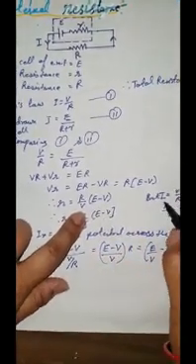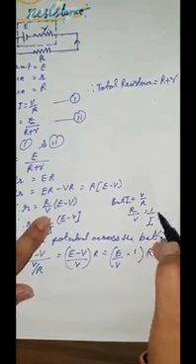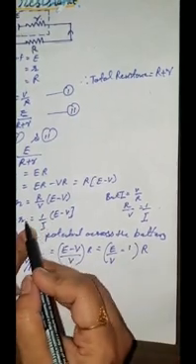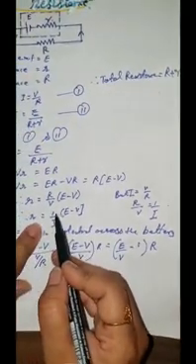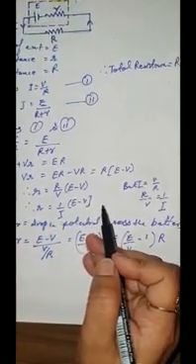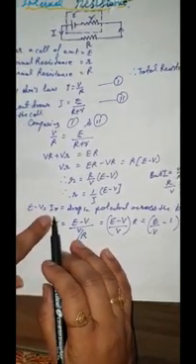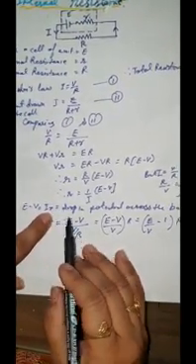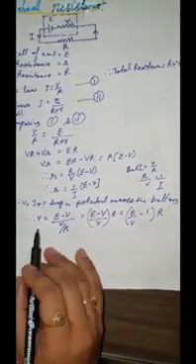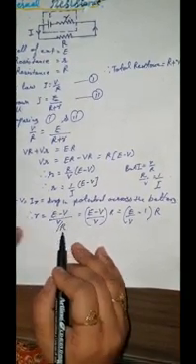Now children, we know that I is equal to V by R, or you can say R upon V is equal to 1 upon I. So in place of R upon V, put 1 upon I. So internal resistance r is equal to 1 upon I into EMF minus terminal voltage. Now EMF minus terminal voltage is equal to current into internal resistance, that is the drop in potential across the battery.